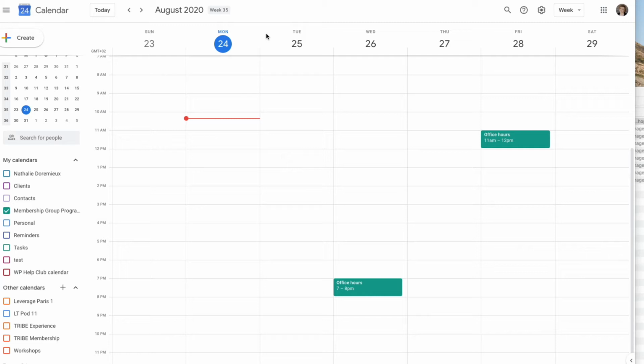One of the best ways for your members to show up to your calls is to be top of mind, right? So that they know when the calls are happening and they can make plans in advance to make sure that they can show up. So the way I like to do this, on top of putting the Zoom calls inside the membership, so let